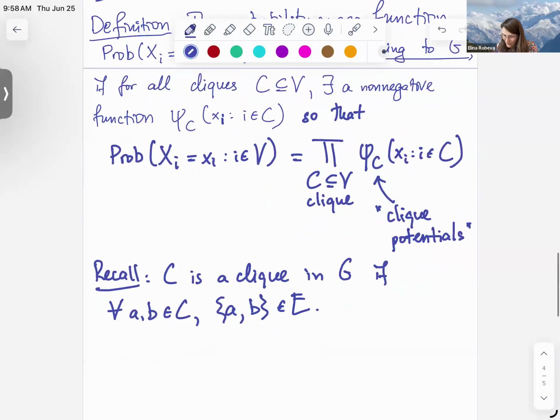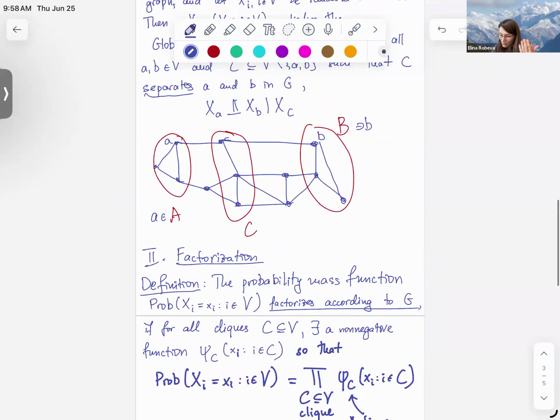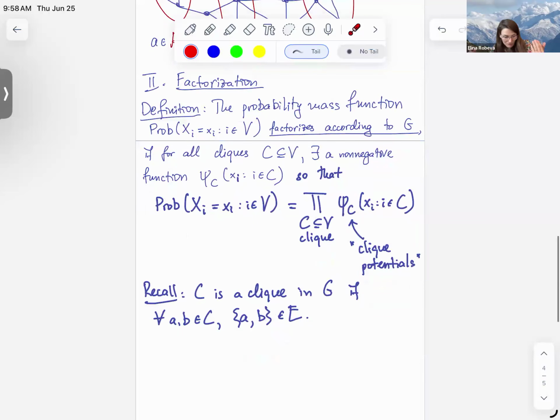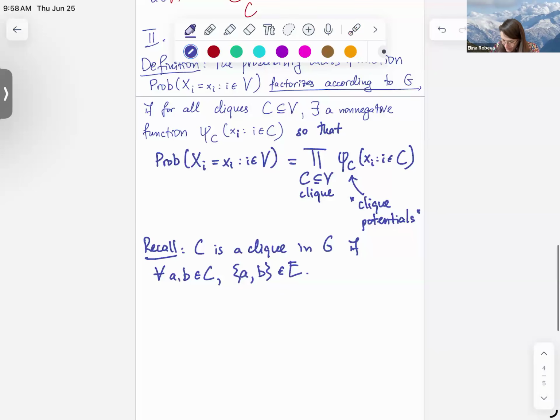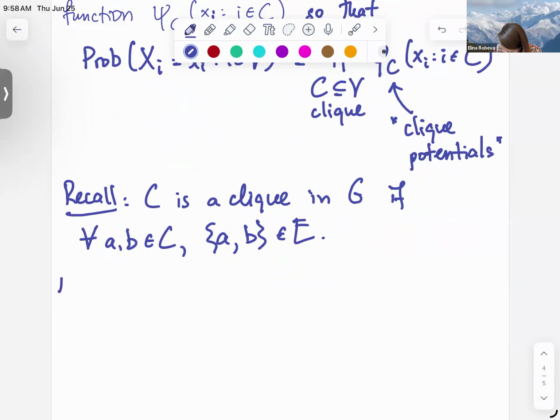Okay. So we have two definitions. One says that the probability is factorized, and one says that we have these conditional dependence statements. Again, if you know what conditional dependence statements are, they can be defined with respect to this probability mass function. It says that the probability mass function factorizes in a certain way. But in any case, there are these two definitions, and I was going to say about their equivalence, but just one more note here on the second definition is that